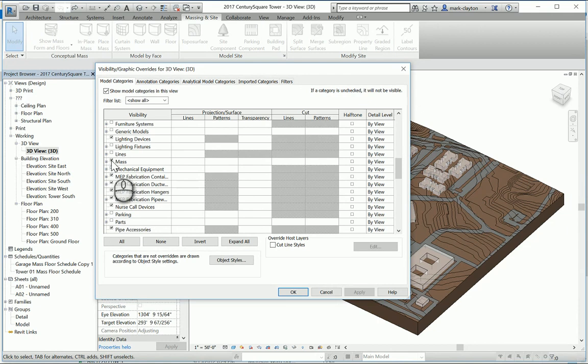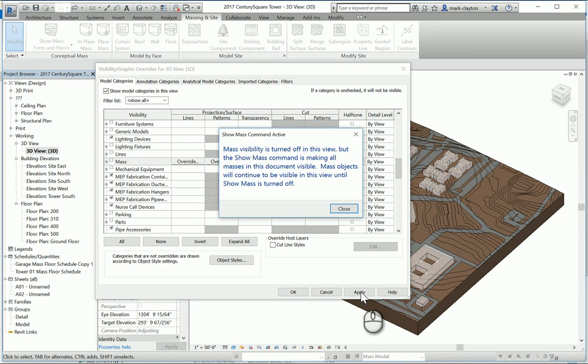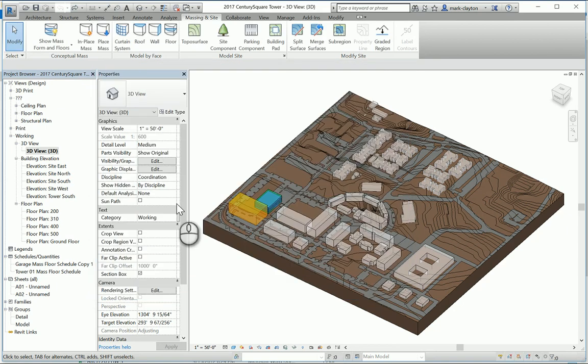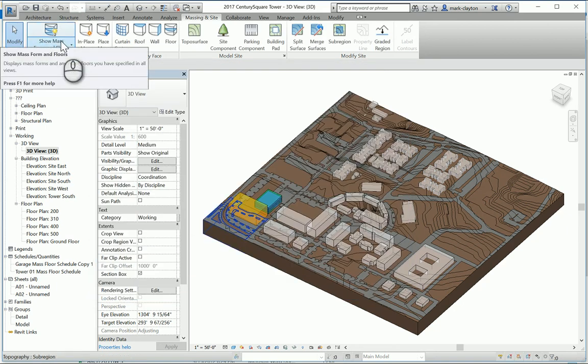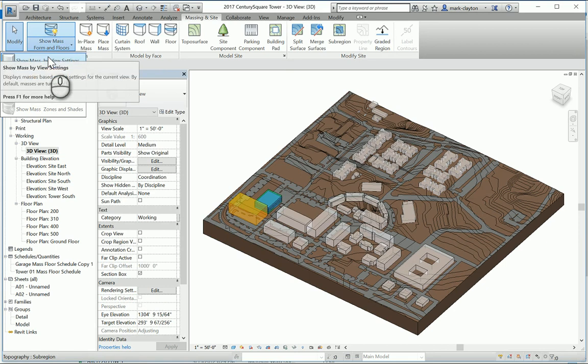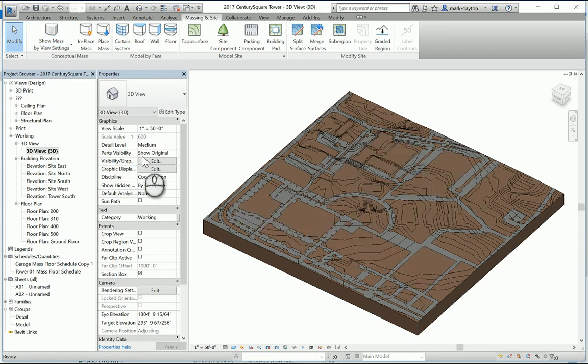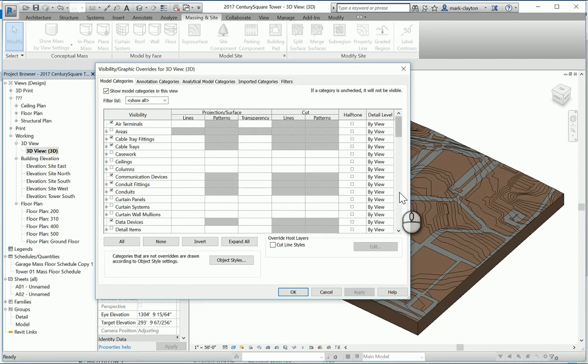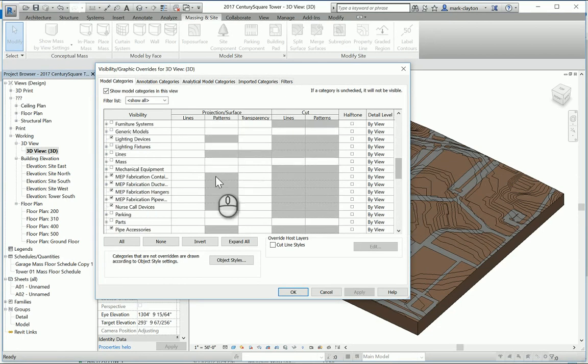If I uncheck them and click apply, they're all going to disappear. Well, it says show mass is on, so they're still going to show. So I'm going to hit OK, and if I turn show mass off here and show by view settings, they should all disappear. Now in this visibility settings, I can look at mass and turn it back on,